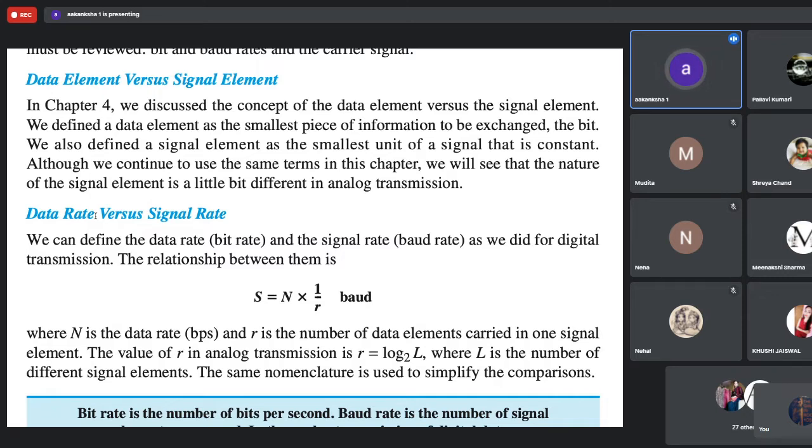I should have a sophisticated receiver demodulator also, so that it can very clearly identify and represent digital information. So the modulator can generate a sine wave with A1 amplitude, A2 amplitude, A3 amplitude, A4 amplitude, all with the same frequency, all with the same phase, but different amplitudes. So it has to be sophisticated enough so that it can clearly generate 8 different types of sine waves with different amplitudes, A1 through A8. Similarly, my demodulator should be able to receive all these sine waves with 8 different amplitudes.